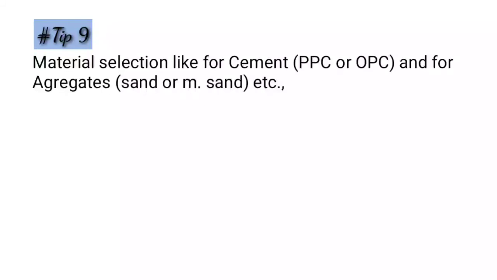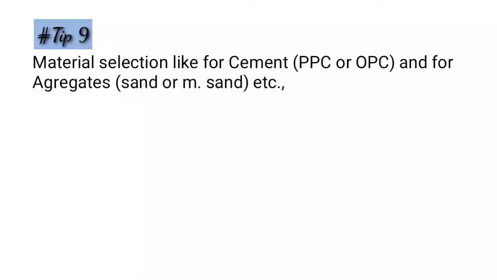And similarly between M sand and sand, if sand is not available in the market, or the cost of sand available in the market is higher in rate, then we can go ahead with M sand by taking permission from your structural engineer if required. This will also reduce the construction cost. That is, the client should spend more time to know more about the material usage in building, from construction materials to finishing materials. The more time you spend, the more you will save.